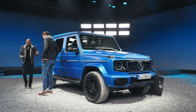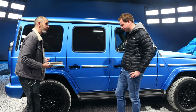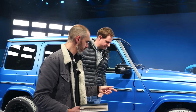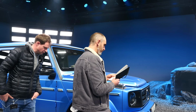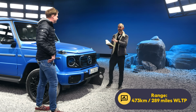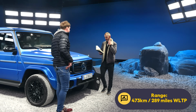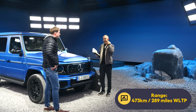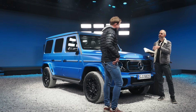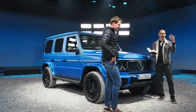Now the range, because we were just talking about the charging. We'll go back to the front, because the range is, let me get this right, over 470 kilometres WLTP. So that's just under 290 miles. But you were saying when you were testing it off-road, because you're not going fast,